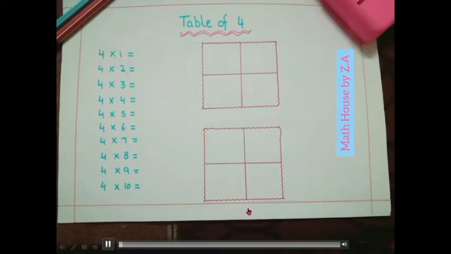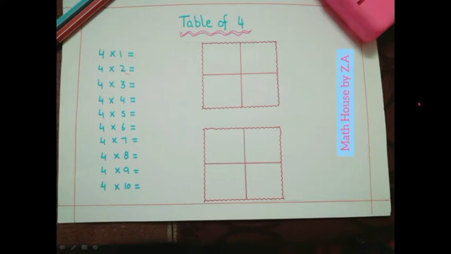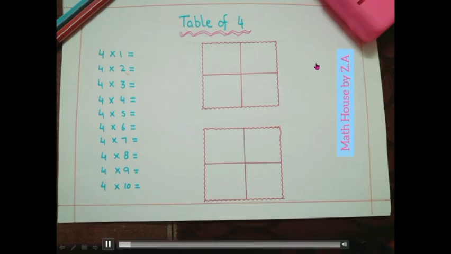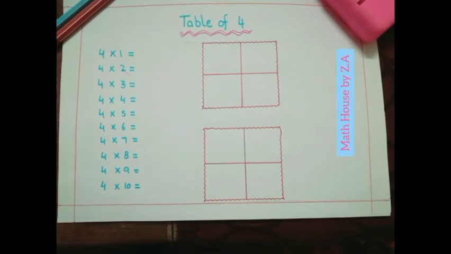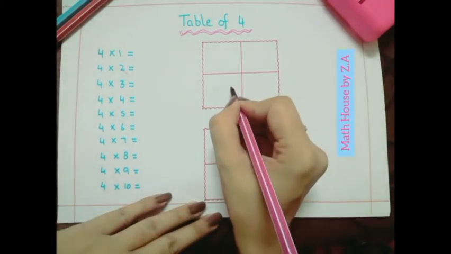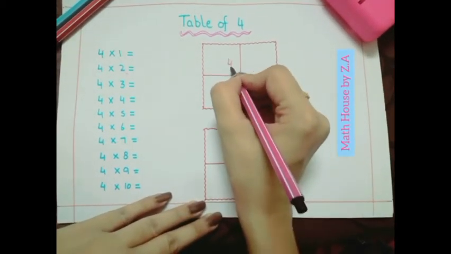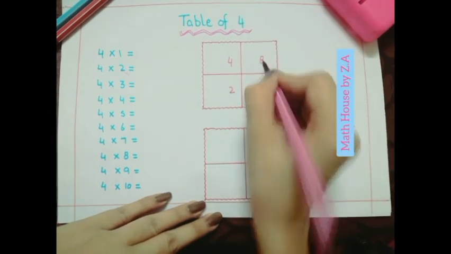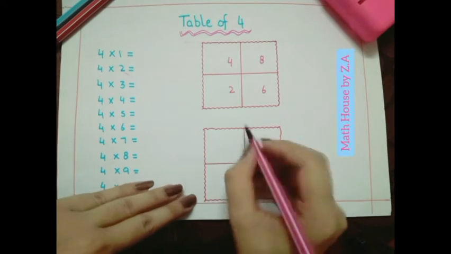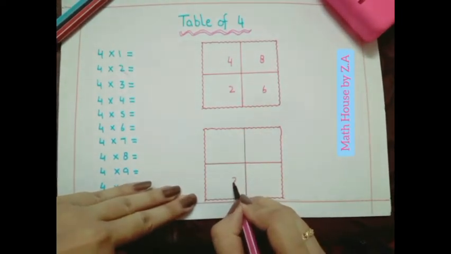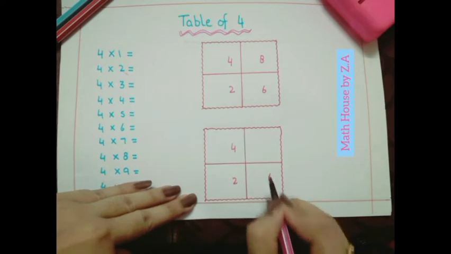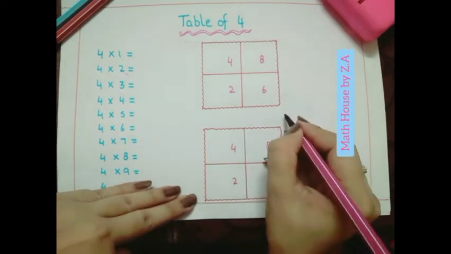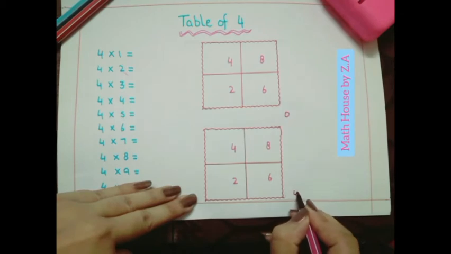I'll show you how you can write the table of 4 very easily. So for writing the table of 4 and memorizing it in an easy and smart way, you need to draw two boxes here, and after drawing these boxes, write the numbers in the boxes like this: 2, 4, 6, 8 and then repeat the same numbers in the second box. So we will write these numbers in the second box: 2, 4, 6 and 8 and 0 here. 1 0 is here and 1 0 with the second box.